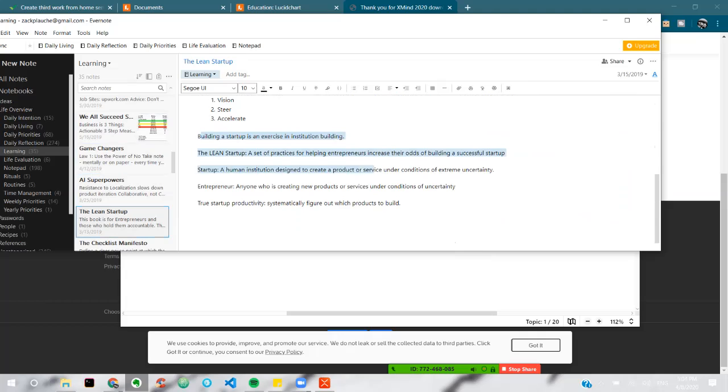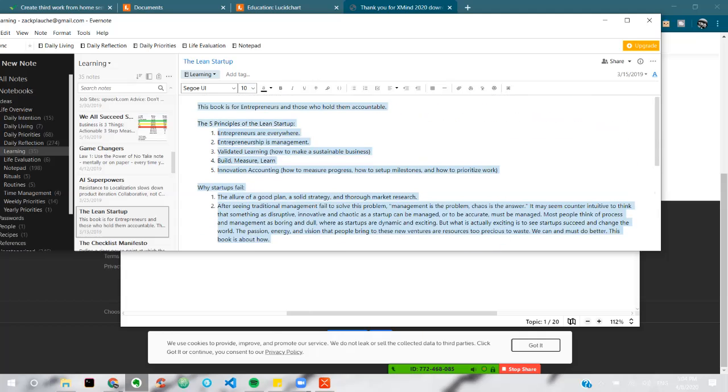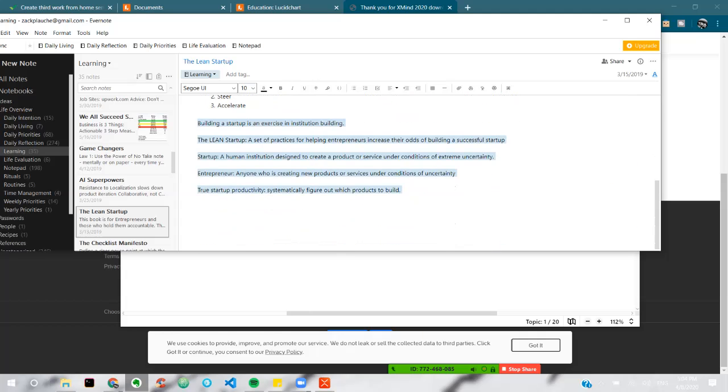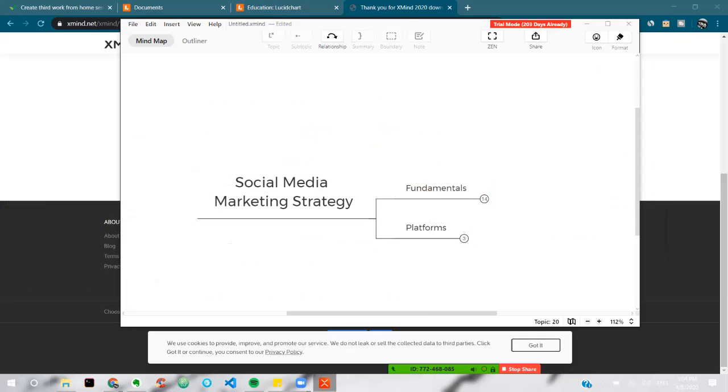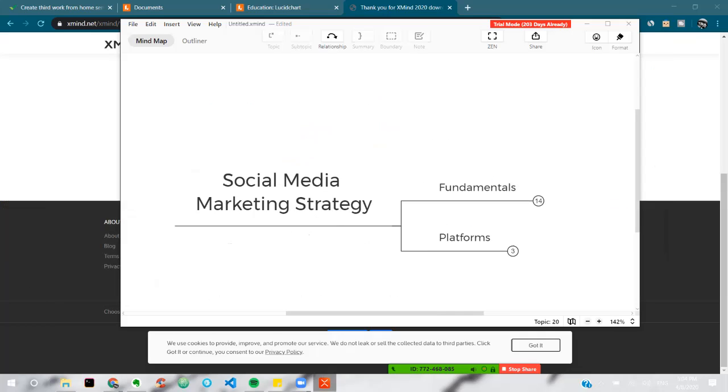Building a startup is an exercise in institution building, yada, yada, yada. So all of these notes are taken in a specific format that just keeps on going down the line, just like a normal program. Now, the way our brains actually store information is much more based on, well, relevance for one,